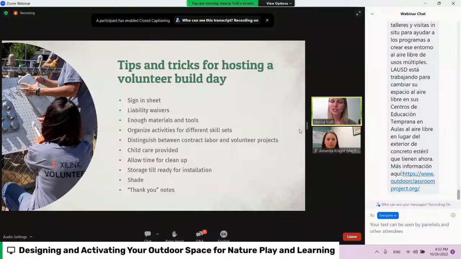it up on the screen, having shady areas for people to take a break. That's just going to help keep people comfortable while they're helping out in your space. But you could also think about, could you provide snacks for people, making sure that you have water access, and just all of those pieces that are important for keeping people comfortable. And then sending thank you notes. So again, trying to build that long-term relationship with people. Thank you notes can be a really nice thing to send out to people who have really been helping you